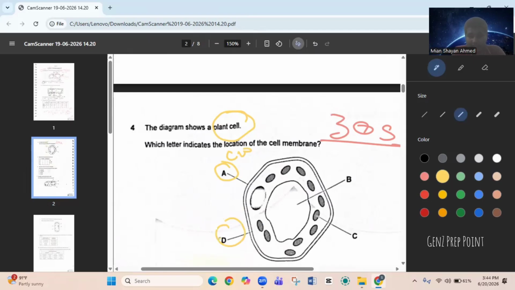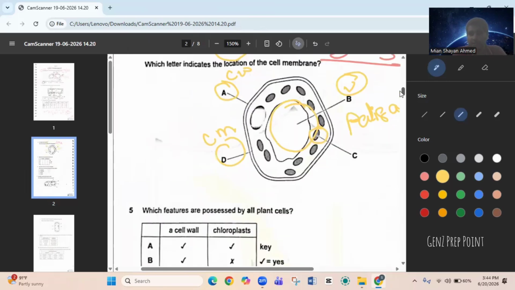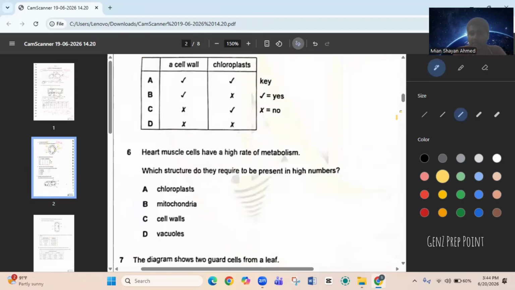If we see this, this is the cell membrane. If we see this, this is the vacuole. This large centralized one is the vacuole, a large permanent vacuole. These small ones should be the palisade cell, I think, or the spongy mesophyll cell. It would be a spongy mesophyll cell or a palisade mesophyll cell.